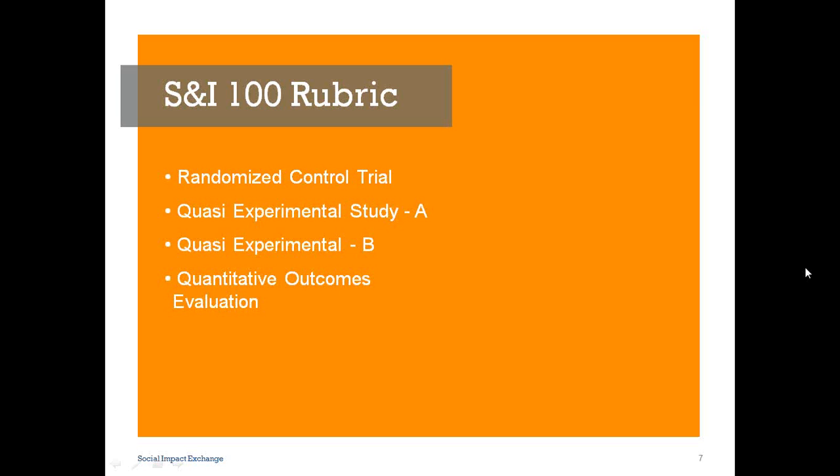Fred? All right, thanks, Monica. As you can see, I'll be discussing the scoring rubric that my colleague, Robert Donmoyer, and I have been using to rate the quality of the evaluations conducted and then supplied to the Social Impact Exchange in support of your organizations. However, before discussing the methodological differences in the four types of evaluations, I wanted to add that in addition